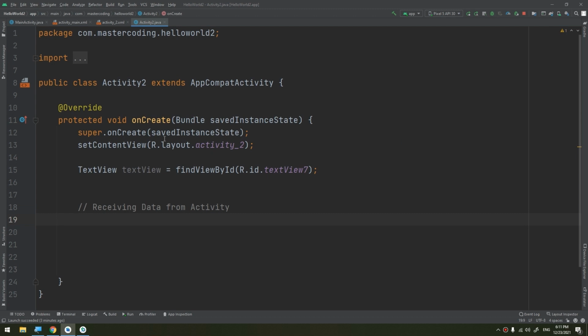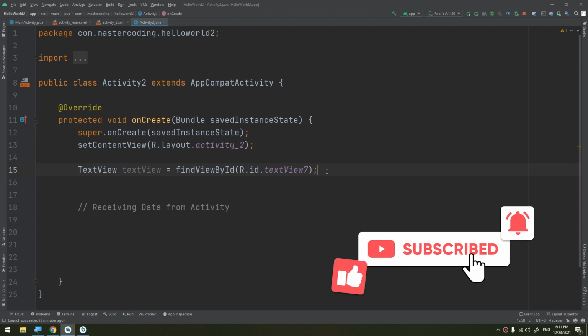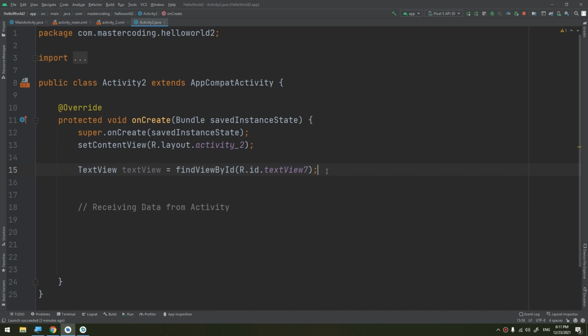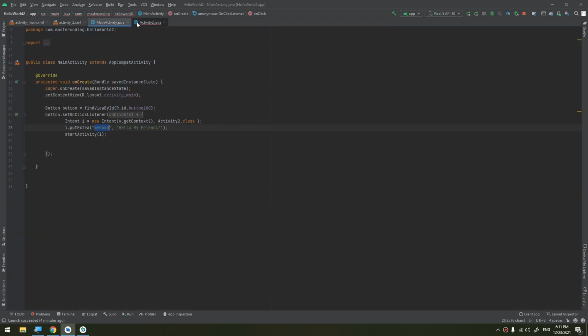You see this bundle and the get extras and get bundle. The get intent method of the activity class returns the intent that started the activity, while the get extras method of the intent class returns a bundle object containing the data. For example, in order to extract the message that has been passed from the first activity,